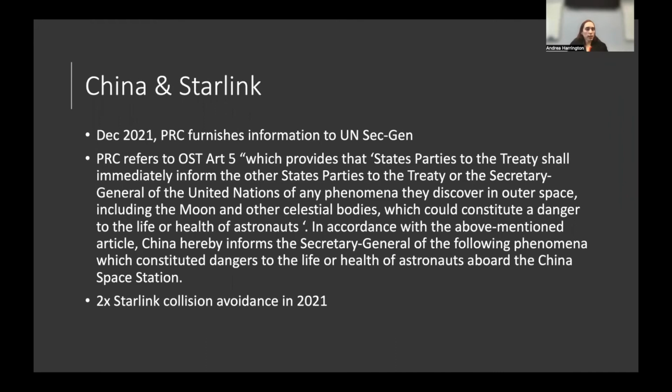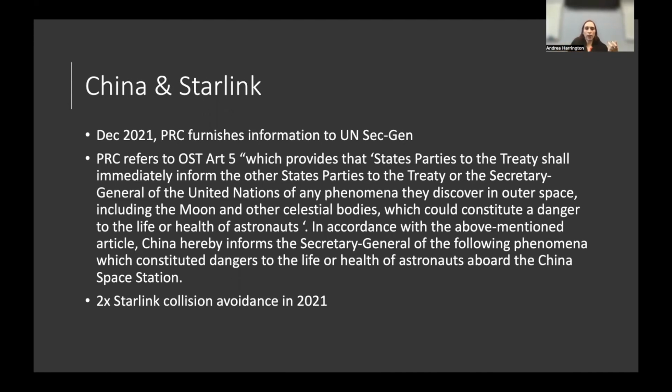China and Starlink is another interesting example. So in December of 2021, the PRC furnished information to the UN Secretary General stating that there was a phenomena that was dangerous to the life or health of astronauts aboard their space station, aboard the Tiangong. And so in doing so, they called on Article 5 of the Outer Space Treaty that says, and they quoted